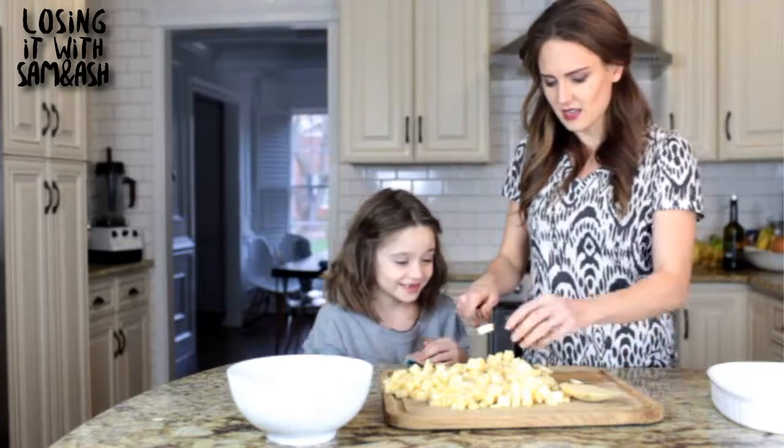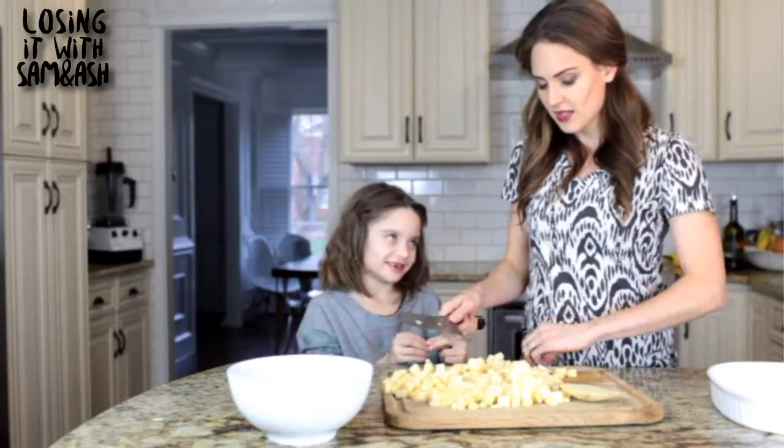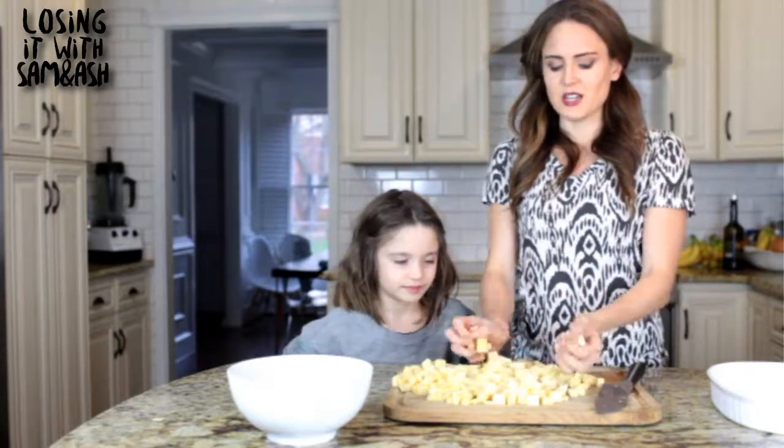It makes a ton, doesn't it? Now the crazy thing is that once we roast these, Olivia, they are going to shrink. Yeah, they shrink way down. It's kind of crazy. So, here we have it, a bunch of diced